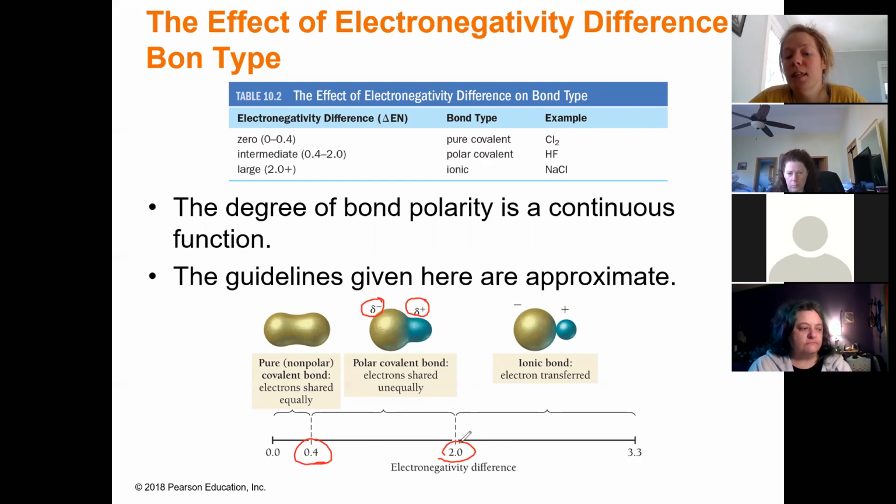What if you have a difference that's greater than 2? Well, here the electronegativity is so different. The one thing is so greedy for the electron and the other thing just doesn't want the electron. You just transfer the electron and you become ionic. This is where you have a metal and a non-metal. So if I go back to that electronegativity chart,